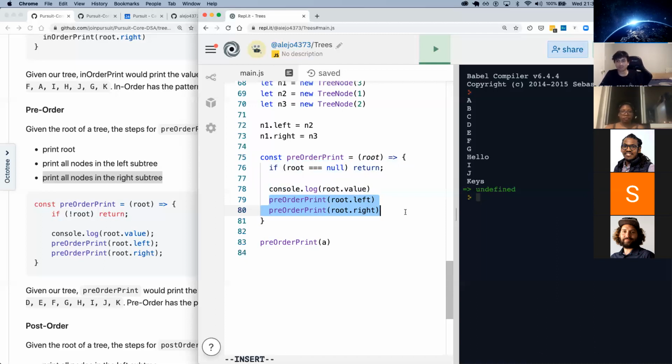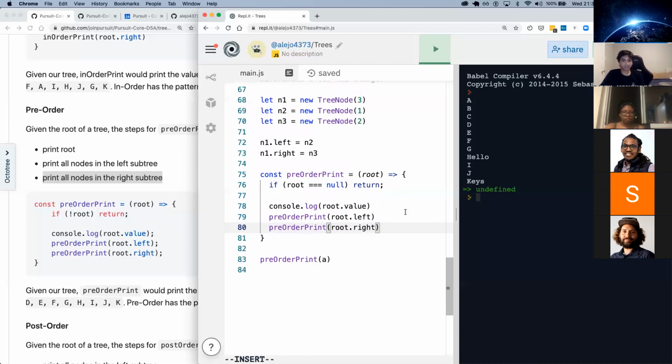It's okay if it doesn't for anyone. Yeah, I have a question about this. I don't understand how it goes and it comes back. Is that about the call stack? Yeah, that's about the call stack, and that's what we will see next.